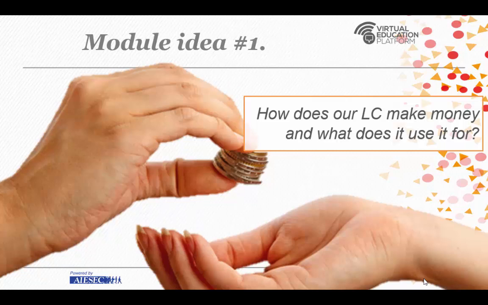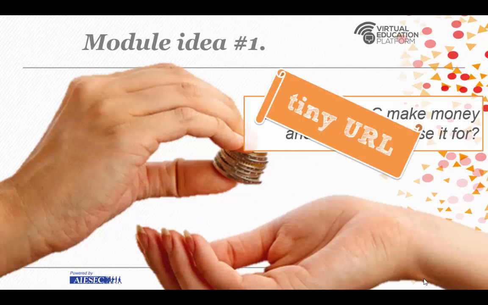So what a TM member thinks where all the money comes from, what OGX or OJIP and OGCDP members think the money comes from and where it is going to. And just have the LC collect all the ideas they have on the financial sources and destinations of your LC's cash flow. After you've collected all this, you can present another tiny URL, which will lead to a Google form, which will contain all the questions you will be asking in the following course of this module.